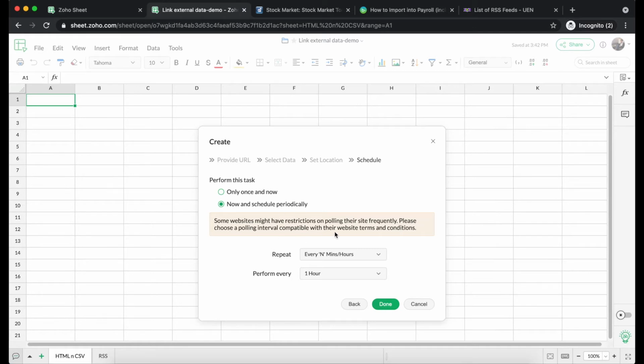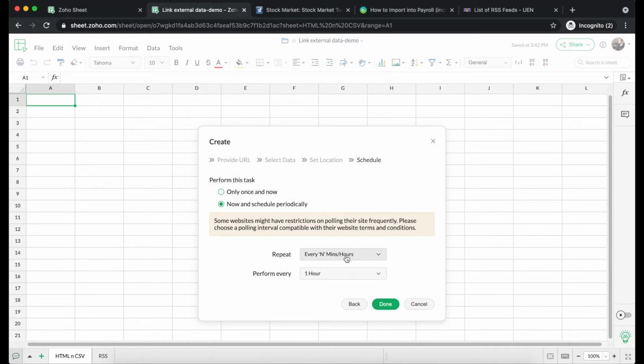You can see two options being shown. The first drop down is a broader criteria. That is, if you would like to update the data every so and so minutes or hours, or if you would like to update the data on a daily basis, weekly basis, or a monthly basis. You can choose from the broader category here, and based on the category that you choose, you can view the contextual options in the second drop down here.